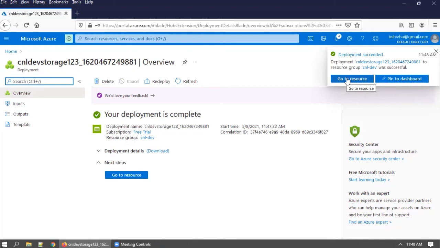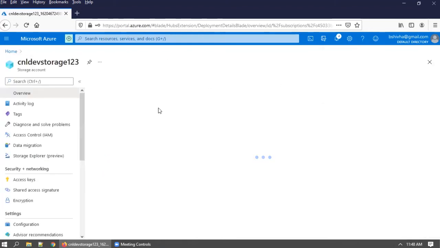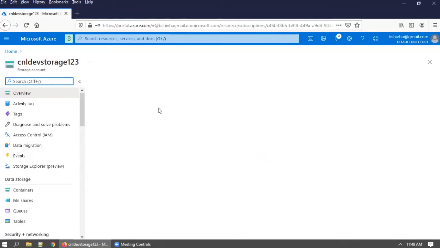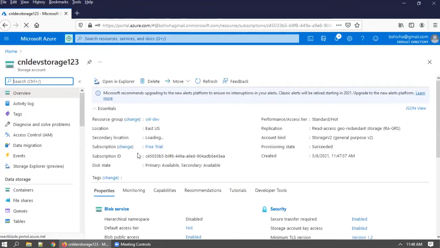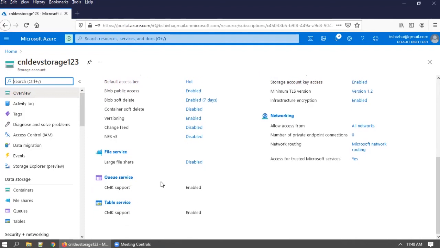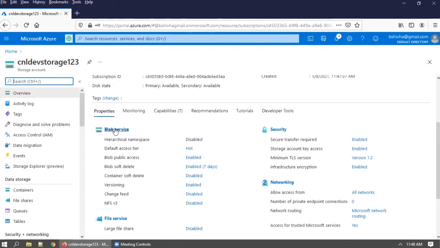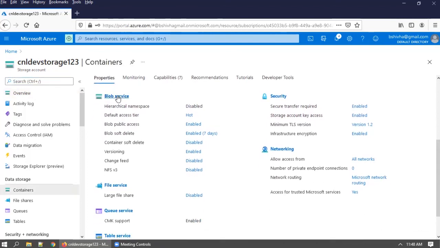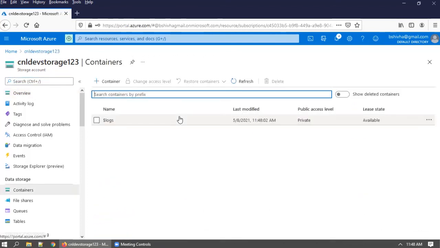It has been created. In this, come down. There is blob storage, a file service, a queue service, and a table service. Here, blob is object storage.